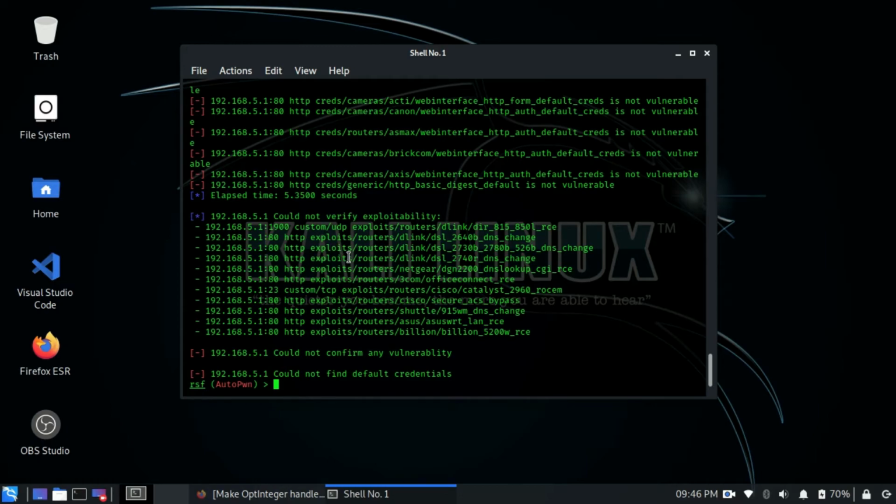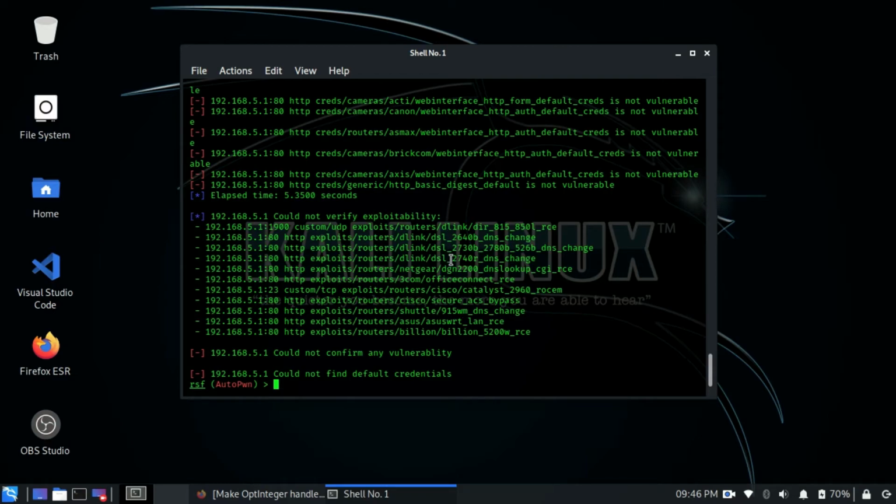As you can see, the scan is complete and it says that we couldn't confirm any vulnerability and couldn't find any default credentials. So that means my router is fully secure and contains no vulnerabilities at this point according to the Routersploit framework.